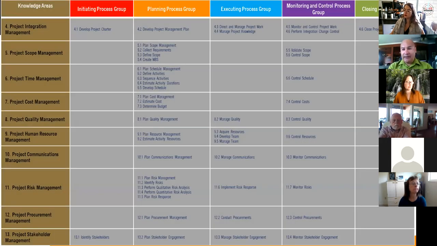So in my world, in the project and program management world, we use a framework. This framework here, I just wanted to put it out there just for some background into our next activity, right? This is from PMBOK, Project Management Body of Knowledge. On the left-hand side, we've got the knowledge areas. And on the top, we've got the different process groups. All the bits in the middle are the different processes. There's 45 different processes we go through. When we execute a project, we go from the top left, which is chapter 4.1, develop the project charter, down, and then over to the next column down, so on and so forth.